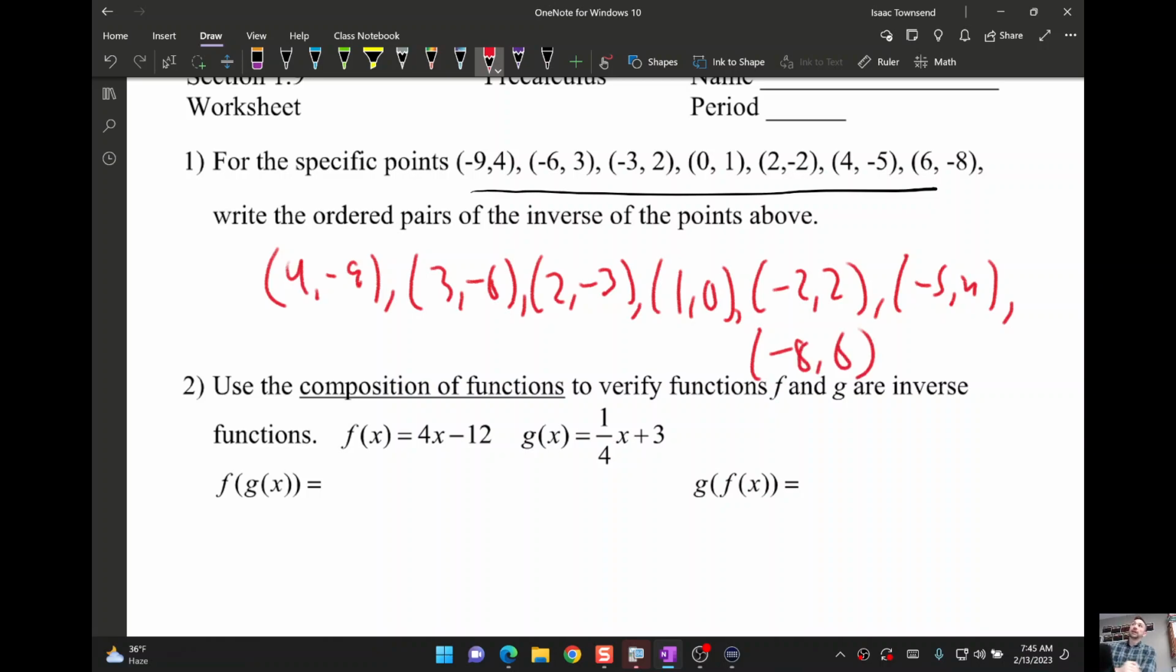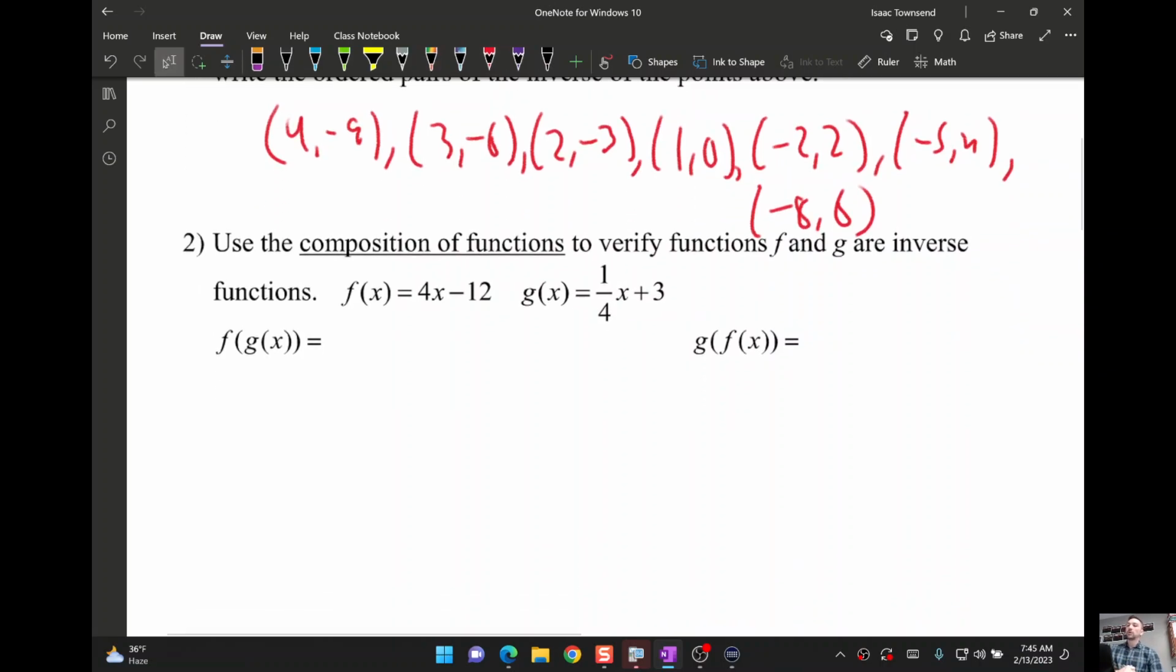So that should be your answer for question 1. Question 2: verify that these two are inverses of each other, and it even tells you to use composition of